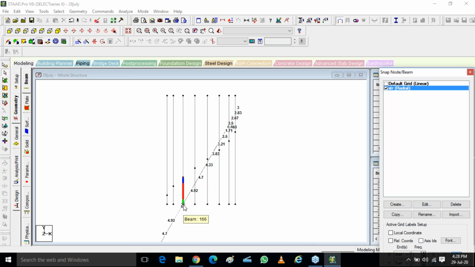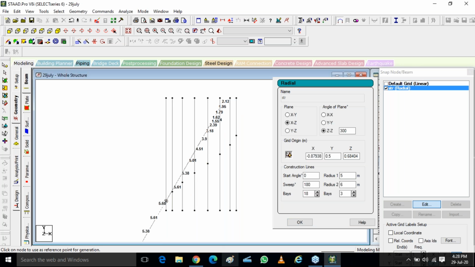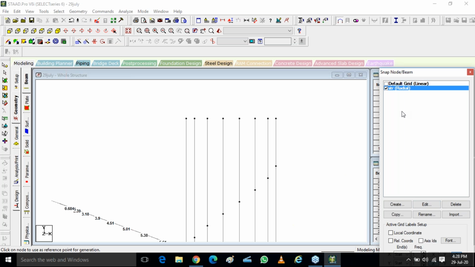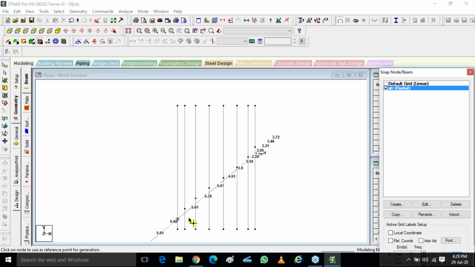Now this is your center. Instead of here, you have to shift your center. Go to your edit, you want to keep your center at this place. Now can you see this grid is happening here? You have to rotate again. How much do you have to rotate it? Like 320. Now put 20 more. Now I think it is on pretty much the same track.